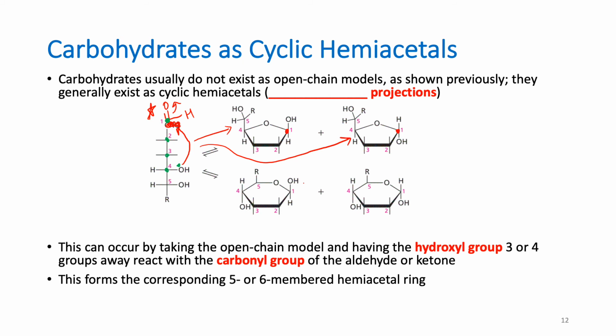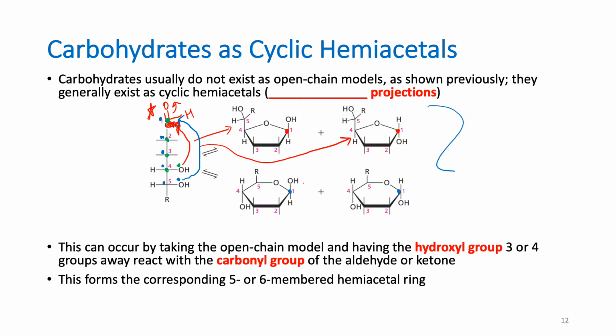However, had I taken another route and used the OH group at carbon 5 and done the same thing, I could have gotten a 6-membered ring. 1, 2, 3, 4, 5, and the O in the ring is 6. Noticing that carbon 1 is still going to form a hemiacetal in your cyclic structure, bound to an ether and an OH, but this time a 6-membered ring. Notice that these are both hemiacetals, therefore they're relatively stable in the cyclic form.